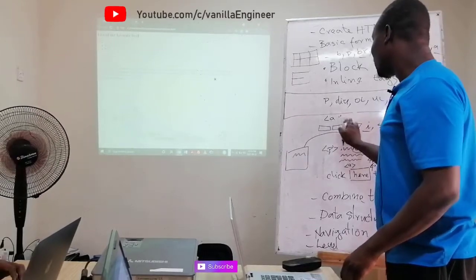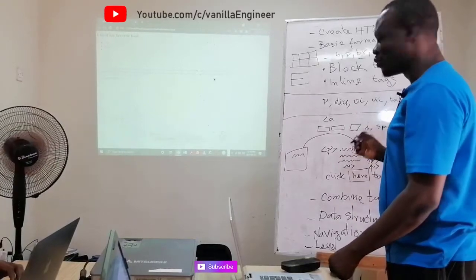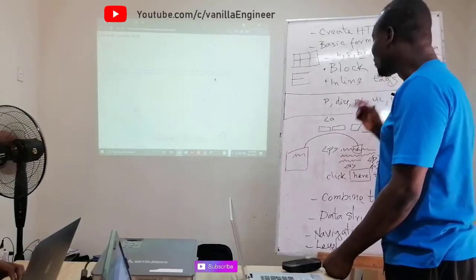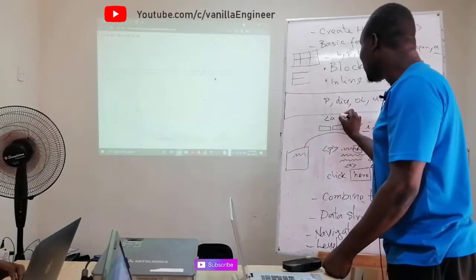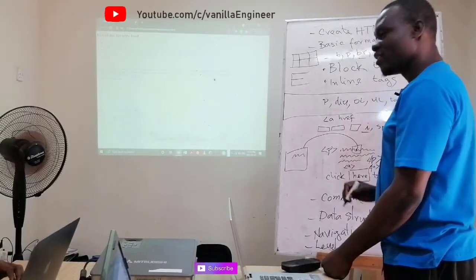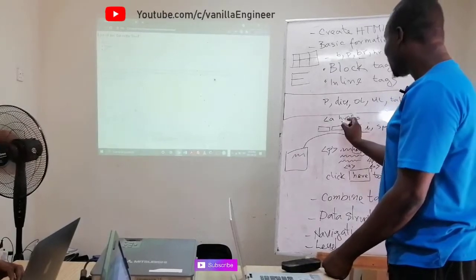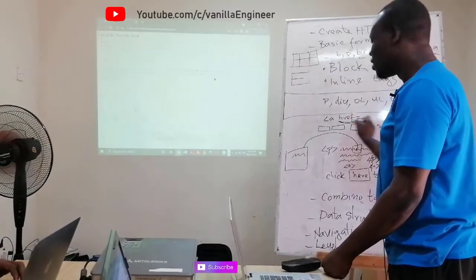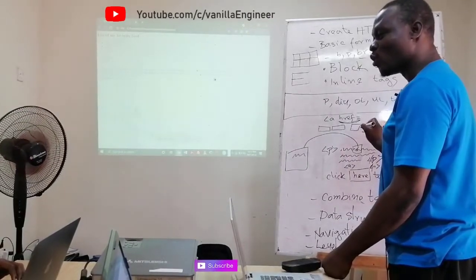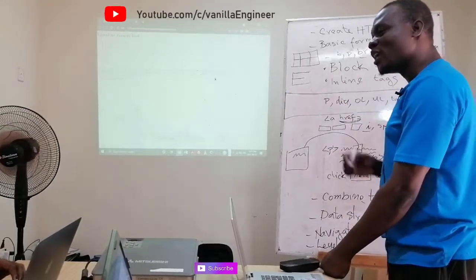But the guys who designed this language did not think of the term "to", because we already have something like mailto, so maybe that's why. Instead of "to", they said it should be H-R-E-F. And then you write equals to. So this is the "to". To where? Where are we supposed to go once we click on that? And then you have to write the name of one of your HTML